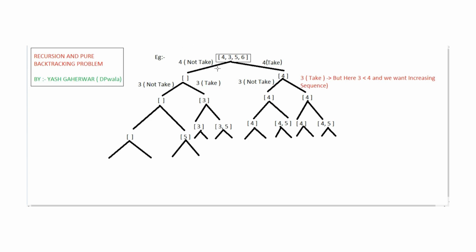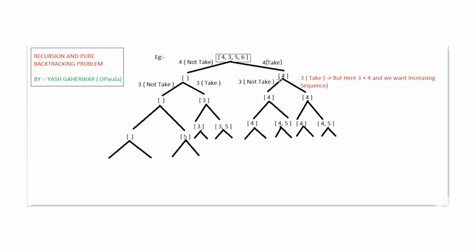So let's start with the first element of the array, that is 4. In this case we have not taken the number 4, but here we have taken it. So our array consists of empty elements on this side, and here we have 4. Then we have choices for 3, whether to take 3 or not take 3. In this case we do not take 3, so the array is empty. But here we have taken 3, so when we push 3 inside this empty array, 3 is there. Similarly for this, we do not take it and we take it.